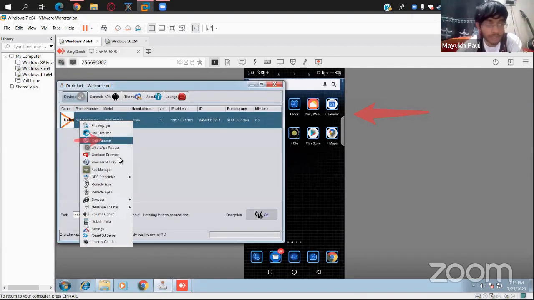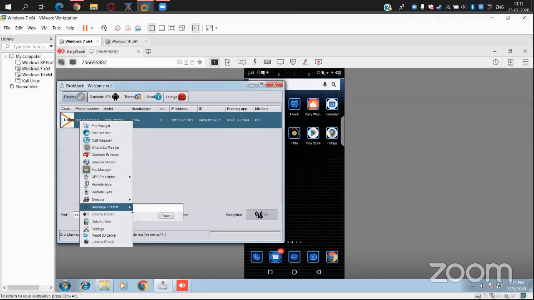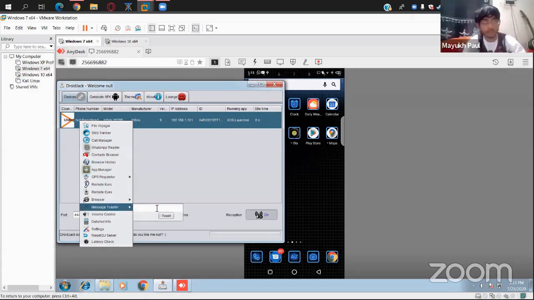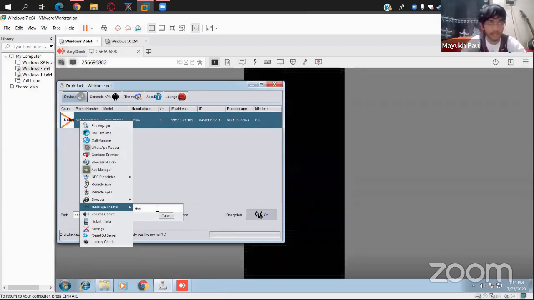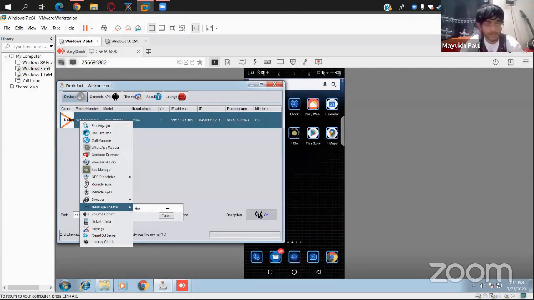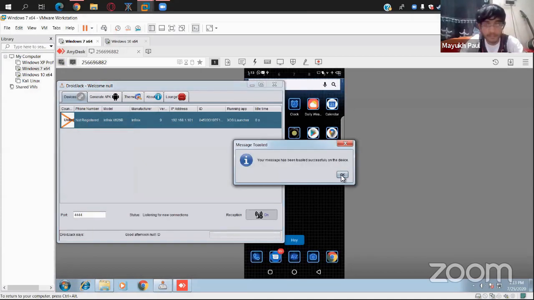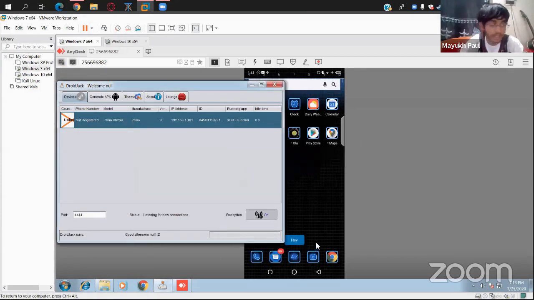What if you want to chat with the victim, like send him a message? I think the WhatsApp reader needs root permission. I'll just show the toaster for now. I won't go into the complexity because it would be too hard and the time is less. Let's say we want to chat with the victim. Let me just type hi. It will just toast a message. As you can see, we have the hi here. I can literally chat on the screen with the victim. Being honest, anyone will panic if a message pops up on their screen.